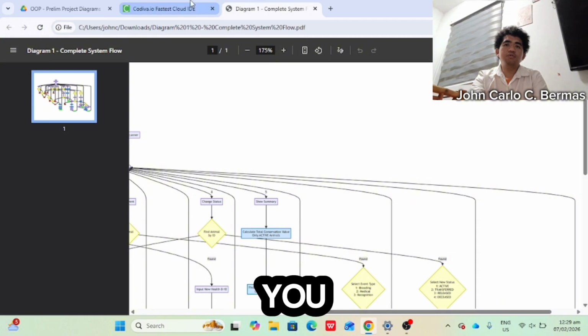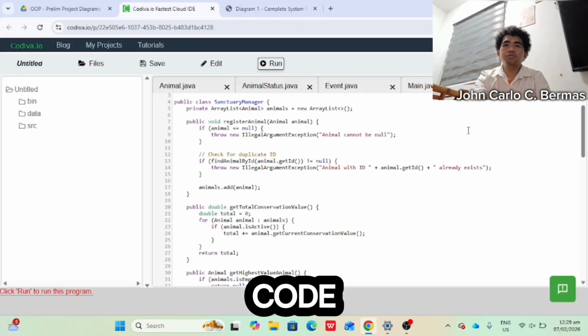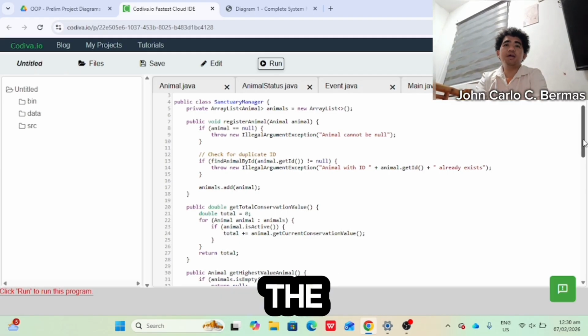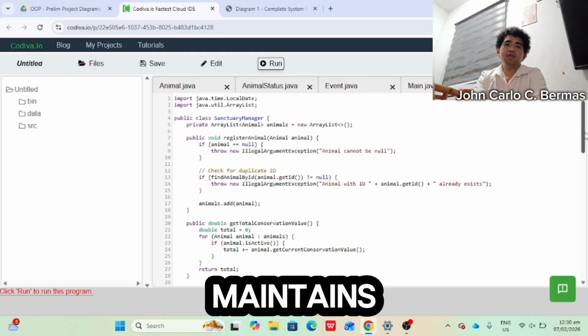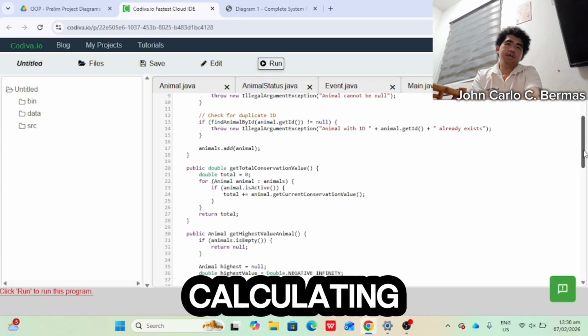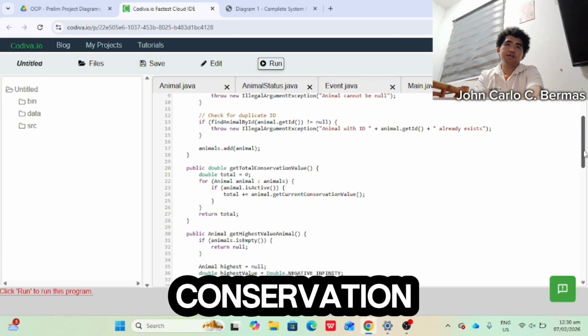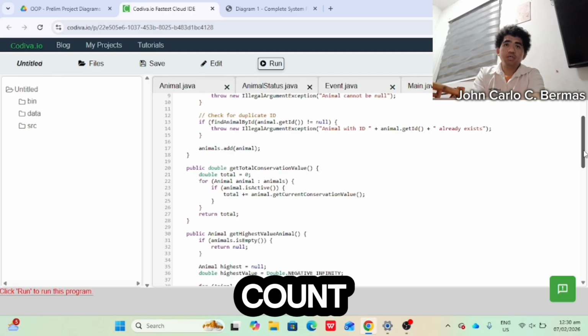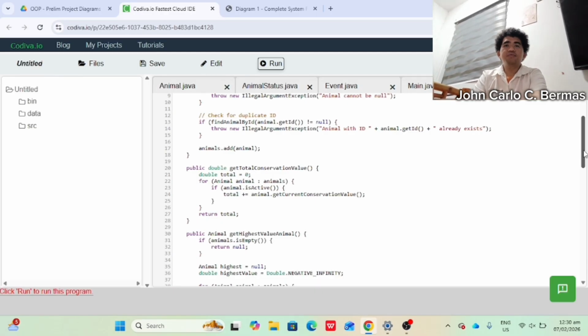And I will show you the code of the Sanctuary Manager. The manager maintains a list of animals, calculating total conservation value. Notice we only count active animals.